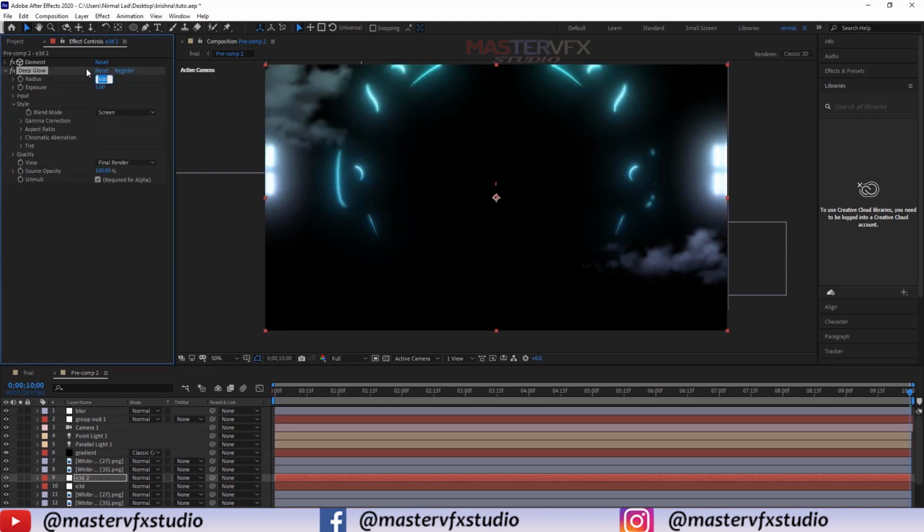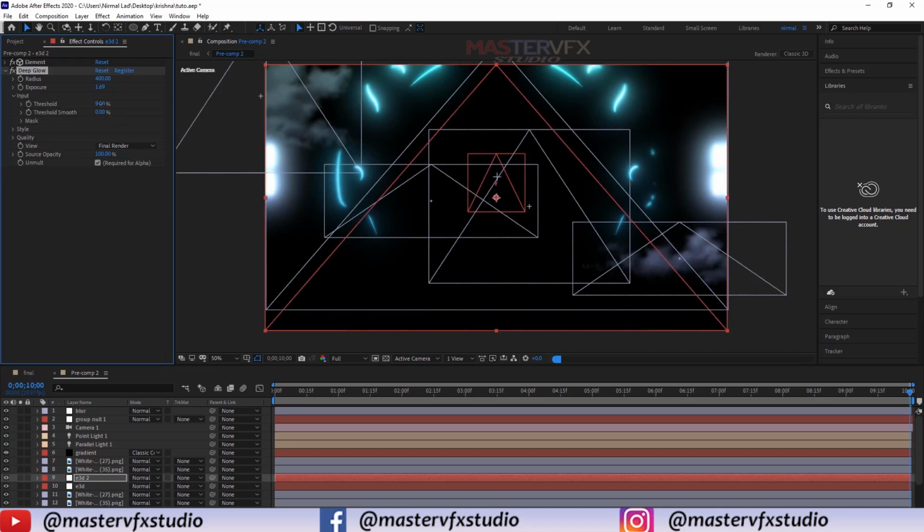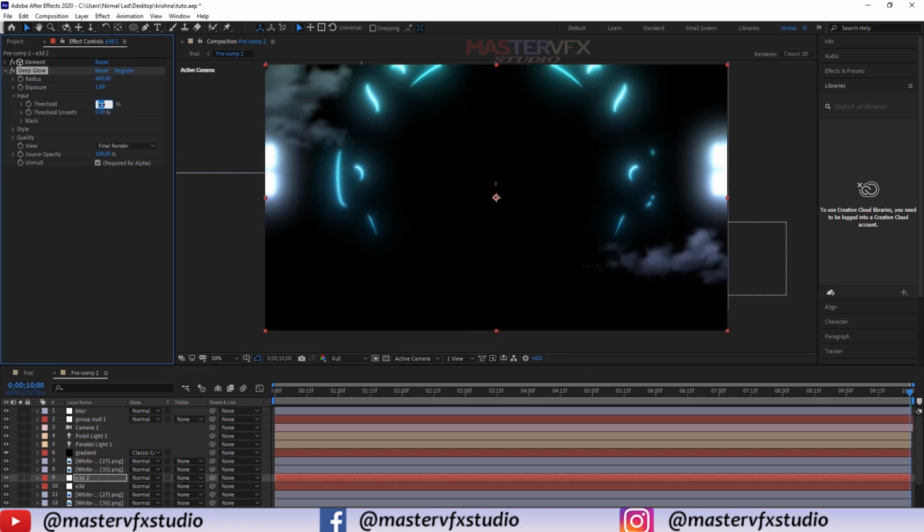Decrease the radius up to 400%, increase the exposure value to 1.17 or 1.69%, and input to around 50% or 57. I think 57 looks good.